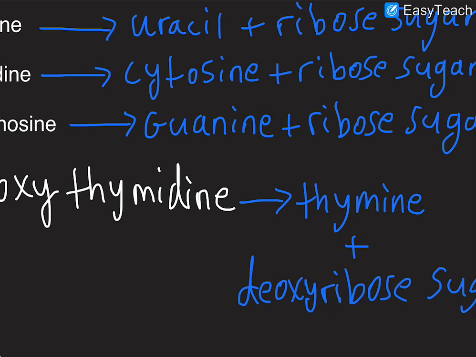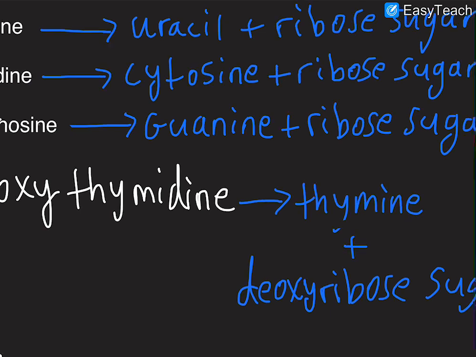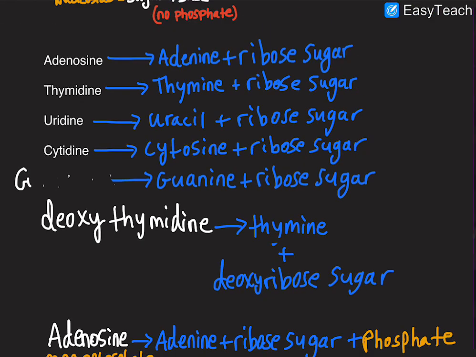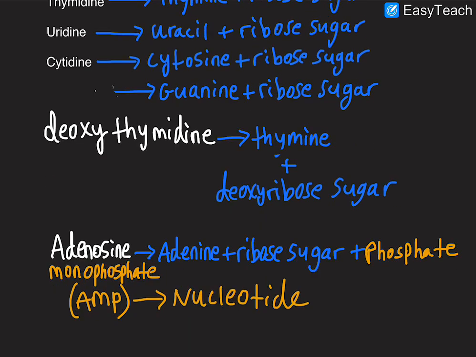So we are taking thymine, a nitrogenous base, and combining it with a deoxyribose sugar. It's still a nucleoside because it's a nitrogenous base plus a sugar, but it's DNA this time. All right. So one last thing that we should know about this is